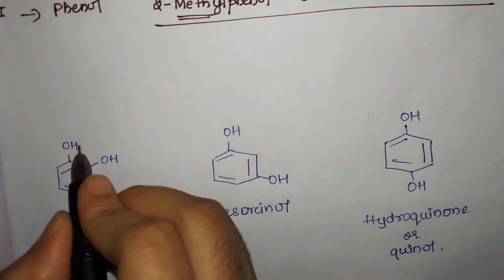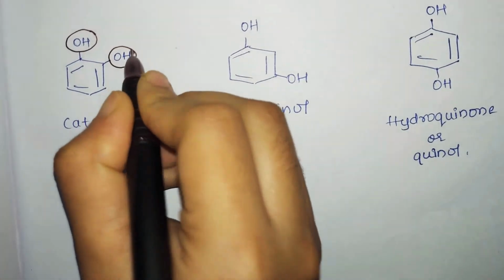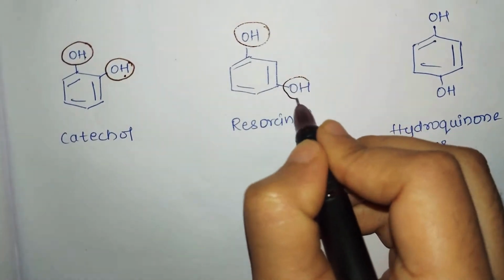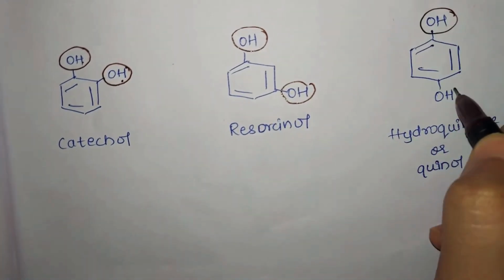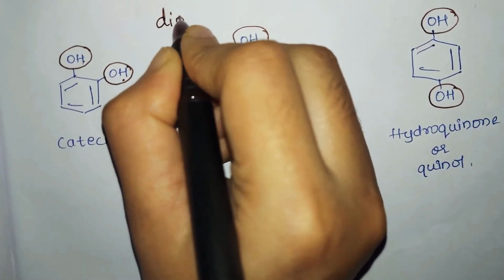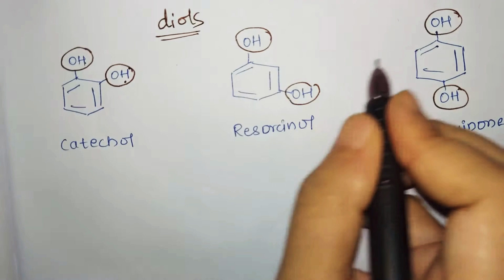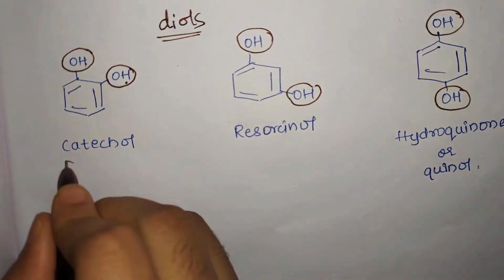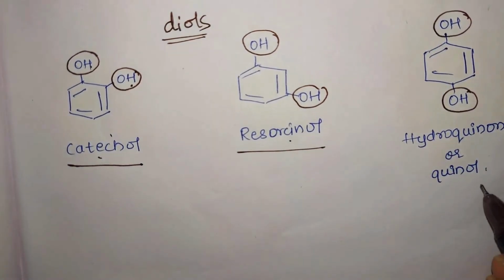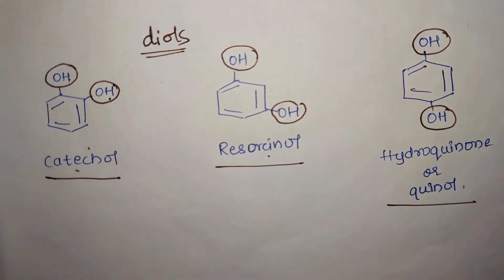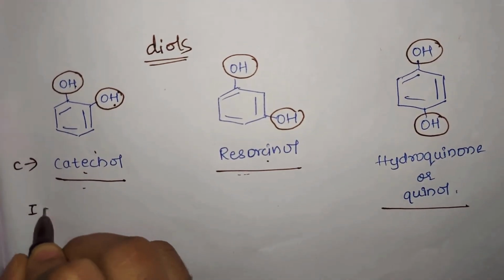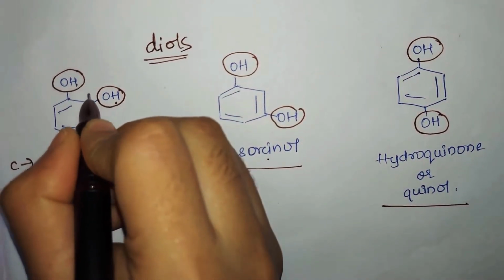We'll go with the next. So you can observe here, these are diols, that is 2 OH groups are present on the benzene ring. Their common names I have already written. So you can observe the first one, it is catechol. Second is resorcinol and the third one is hydroquinone or quinol. In the first one, 2 OH groups are present. This is the common name of it. In the second, 2 OH groups but the position is different, resorcinol, and in the third one, with respect to para position, they are present. Those are the common names. We'll go with the IUPAC name. So with the IUPAC name, 2 OH groups are there.